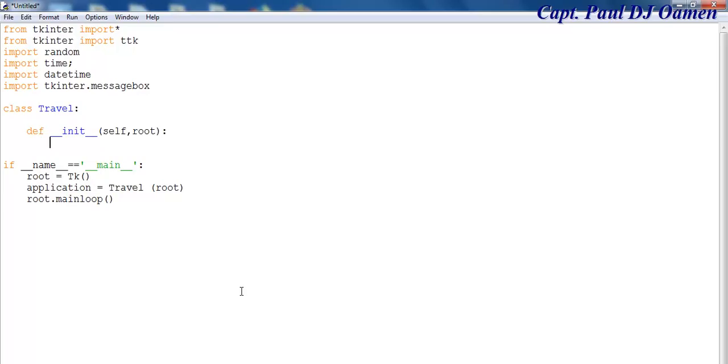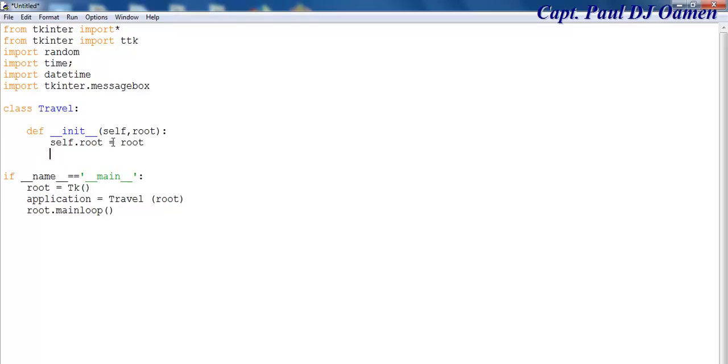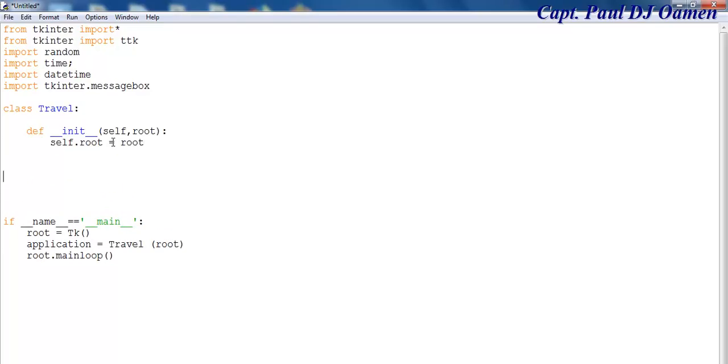So just copy this and change that around. Self.root, right, it's copied, equals root, and